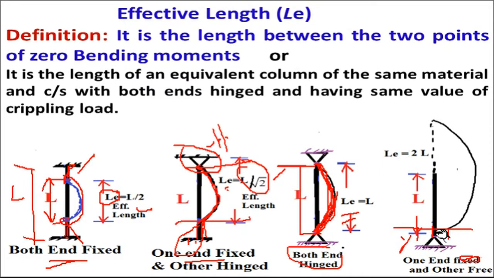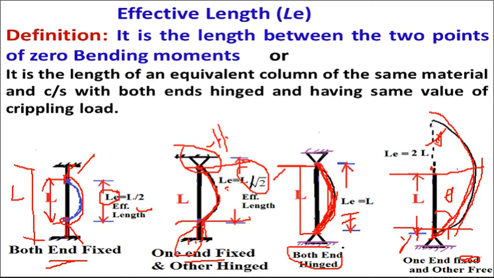So at that time what happens? Buckling will start from this point due to the hinge, but this is a free end. So due to the free end what happens? The curvature effect is considered twice that of the actual length. Means whatever rotation theta takes place, that is nothing but this theta plus this theta. The addition of these two will be the curvature of this particular slope.